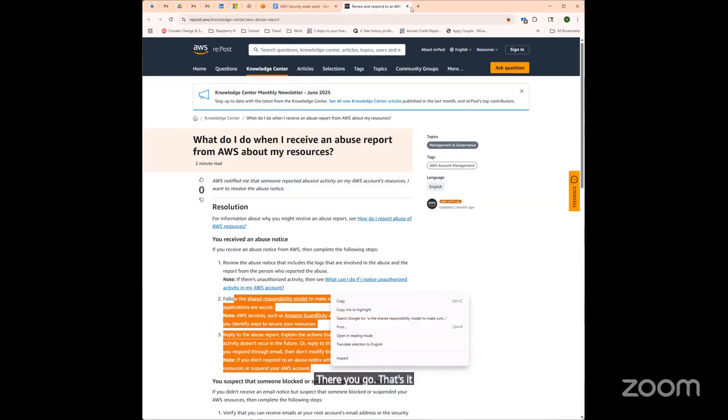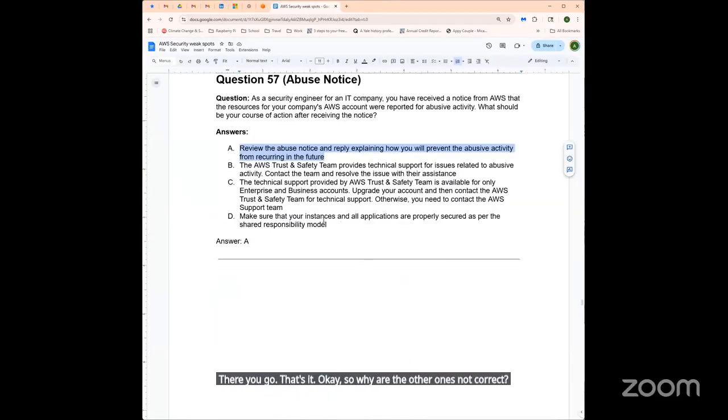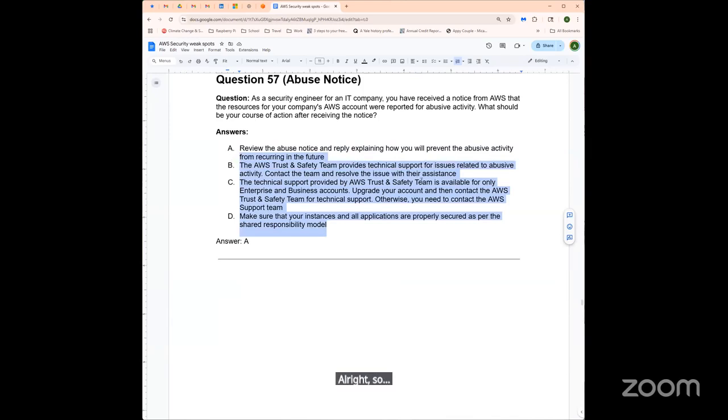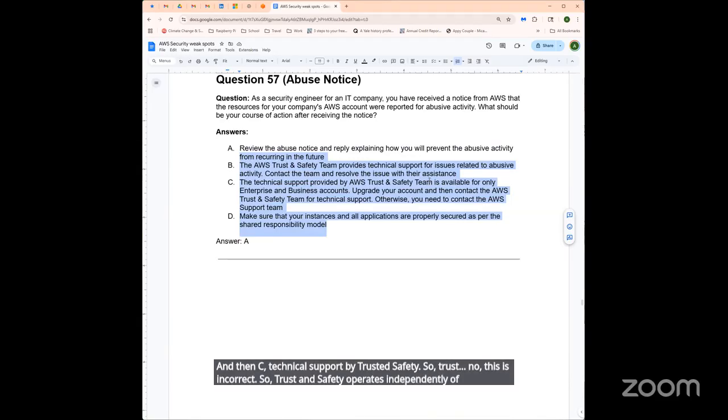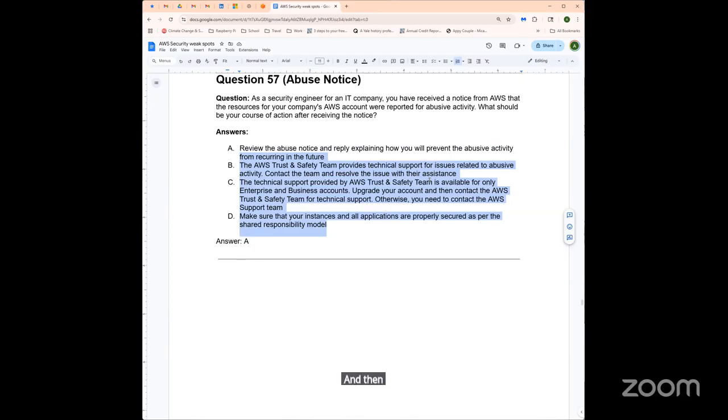Okay, so why are the other ones not correct? All right, so Trust and Safety provides, so it's B. This is incorrect. They don't provide technical support, only abuse investigations. And then C, technical support by Trust and Safety. So no, this is incorrect. Trust and Safety operates independently of support plans. And then D,